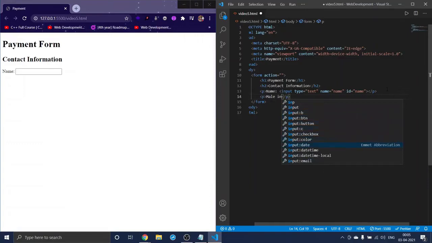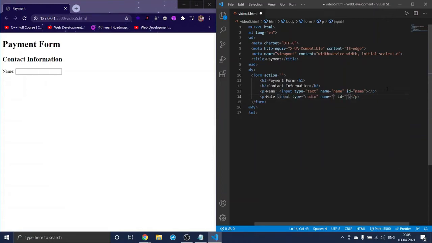So let us see what a radio button is here. Type radio, and the name would be gender and the ID as male, and I will copy the same thing down, and I will just change this to female, and type is radio, name is gender, and ID should be female.